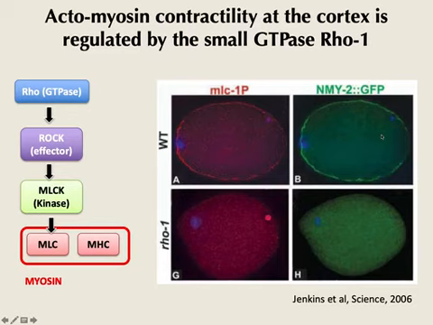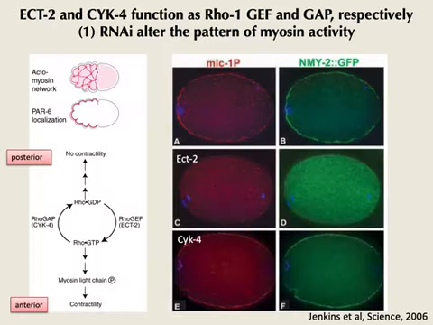Okay, because what are we after? I know I'm giving you a lot of information, and I can tell from your faces that I don't want to lose you here. We are still after the connection between the asymmetry of the PAR proteins and the fertilization. That's where we're going. So bear with me. What regulates small GTPases? Most important slide of the course. GEFs and GAPs. By the time you're done with this course, I want you to have a Pavlovian reflex almost. When you hear small GTPases, you must be thinking GEFs and GAPs.